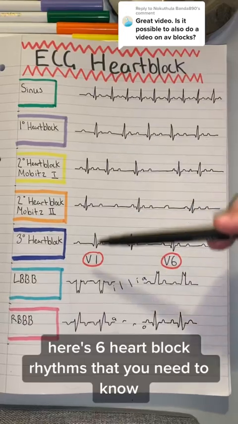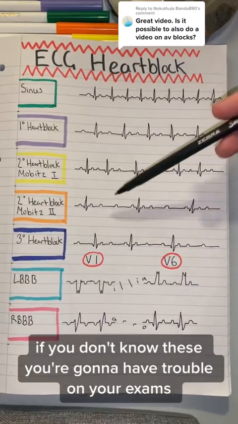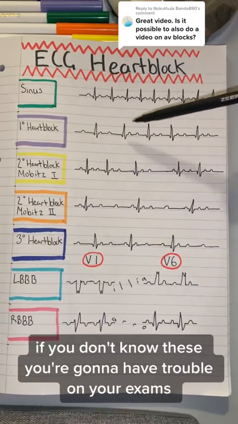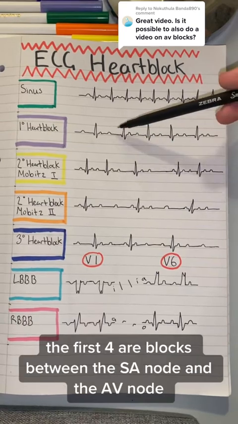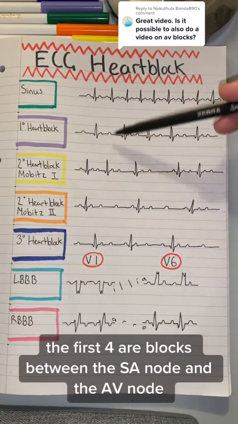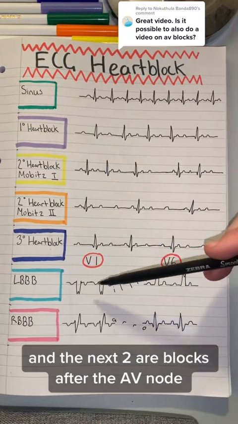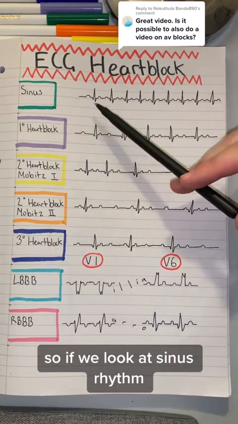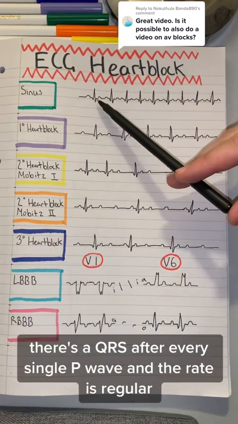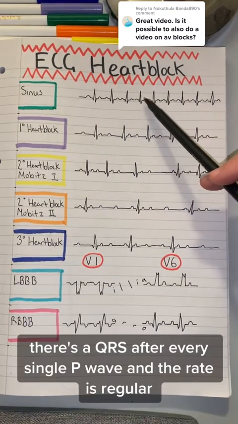Here's 6 heart block rhythms that you need to know. If you don't know these, you're gonna have trouble on your exams. The first 4 are blocks between the SA node and the AV node, and the next 2 are blocks after the AV node. So if we look at sinus rhythm, there's a QRS after every single P wave, and the